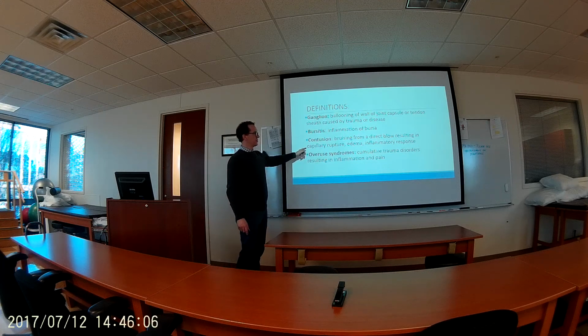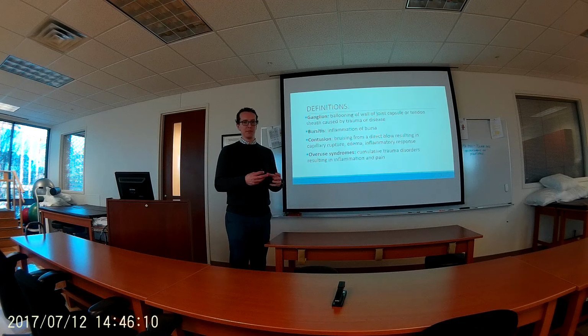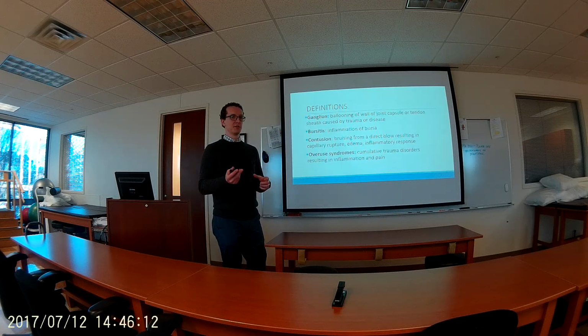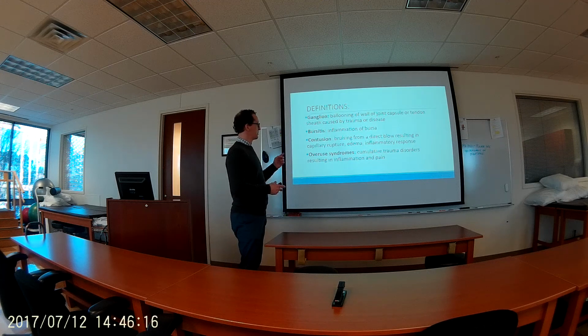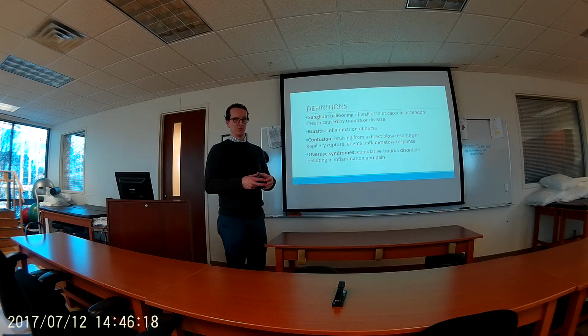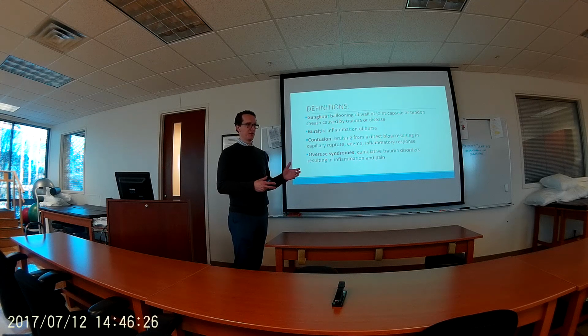Contusions, that's resulting from a direct blow, resulting in disruption of the capillary beds. That's why you get bruising. It's because there's breakage of blood vessels that cause the bruising to occur. So a contusion is basically a bruise. We'll refer to it as it having ecchymosis. It'll have a change in color generally. It'll go from kind of that ruddy purple color all the way to yellow to green, depending on what stage